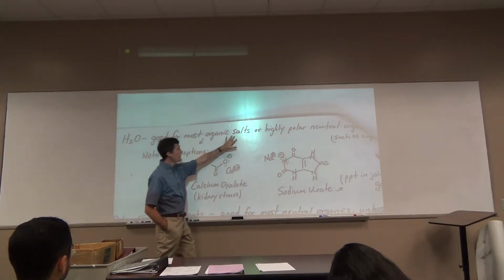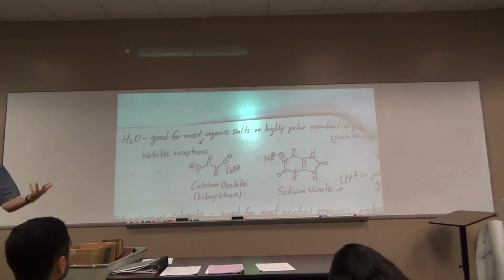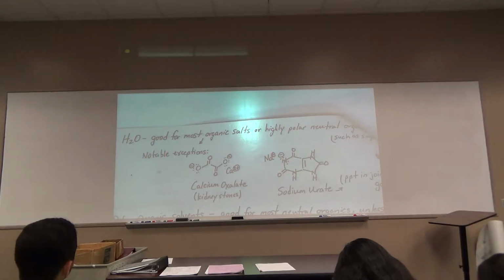Organic salts, though, are more soluble in water, like methylamine hydrochloride. You can make it something ionic. And that's our opening statement: if you can make it ionic, then the organic will typically dissolve in water. We can make something ionic using acid-base chemistry. You did plenty of this in Gen Chem, especially Gen Chem 2, right?